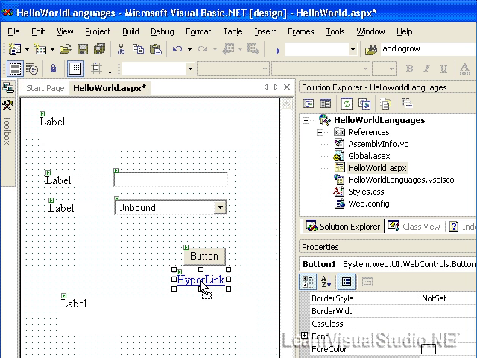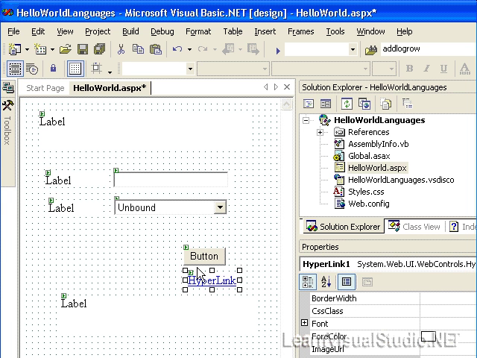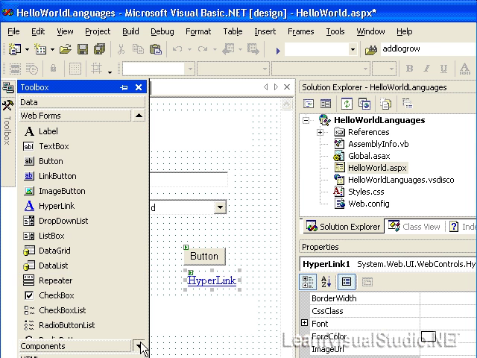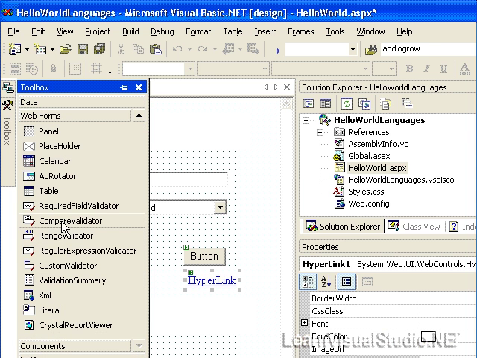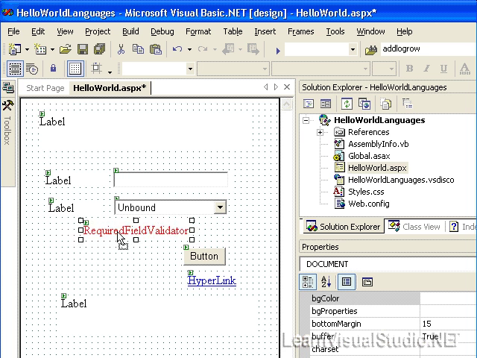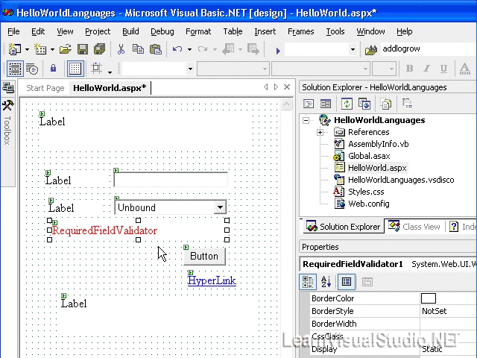I want to put a hyperlink underneath my button to return back to the home page. We'll show you how to do that. And then also, I want to put a new control that you're probably not familiar with, which is the required field validator. It's a really neat, easy way to add some sanity checks into your web pages before a form is submitted. So now that we've got all of our forms basically laid out,